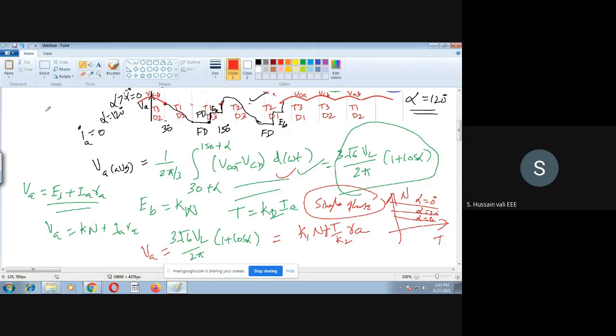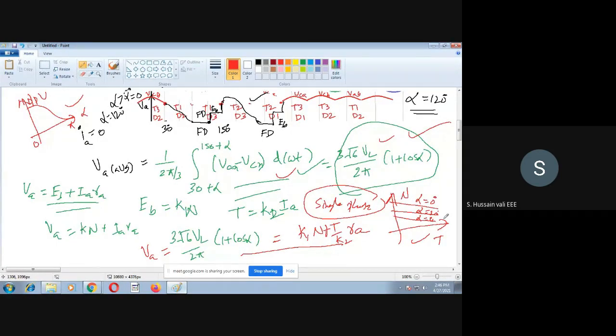Whereas if you draw the output voltage with alpha, that is this expression, then alpha equal to 0 has the highest value, then after that it will decrease. Something like this you will get here. So this is alpha equal to pi, alpha equal to 0. This graph is for this equation, whereas for this equation this is the graph. These graphs you already got in the single phase case also, so that's the reason I did not explain more about this. So now this is the speed torque characteristics and also the relationship between voltage and firing angle.